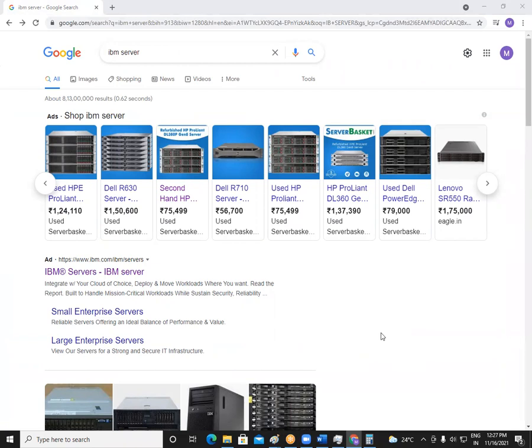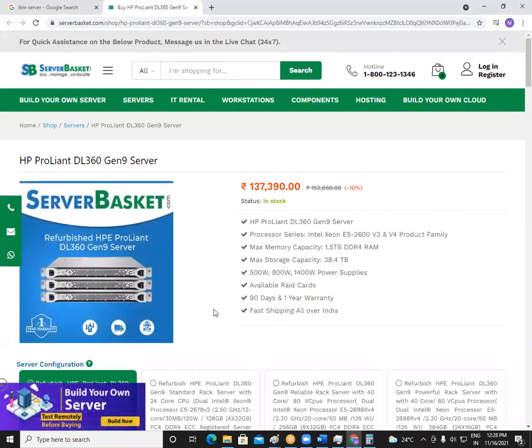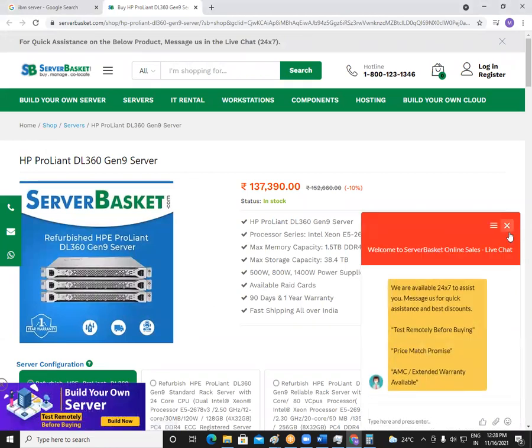So if you want to go with a high configuration server with more cores and a lot of RAM, a lot of hard disk, then of course we need to spend a lot of money. So in case it is needed, the company has to go with it. It's not like, oh, it is high cost, so we should not go for it. No, in case it is needed, we have to go for it. That's it. There is no option there. Okay, so these are some of the things we need to see before we buy or before we order a server.